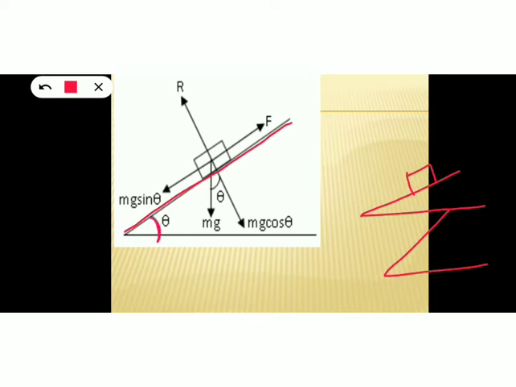Angle of inclination means this angle, theta. Then again increase the angle of inclination. When the angle of inclination is increased, again it is not necessary that the object will move through this inclined plane. Then again increase the angle of inclination. Maybe at this position the object starts to slide through the inclined plane without any external force. So this angle theta at which the object just begins to slide down is known as the angle of repose.